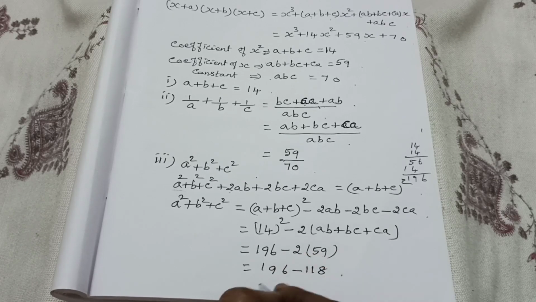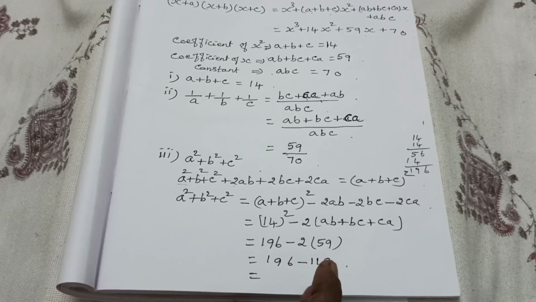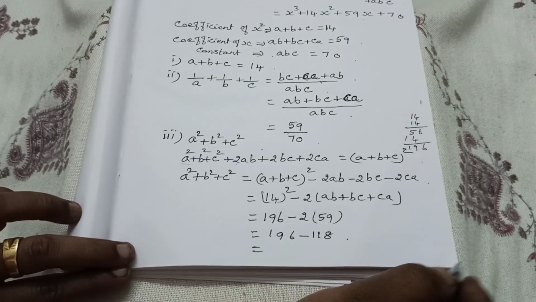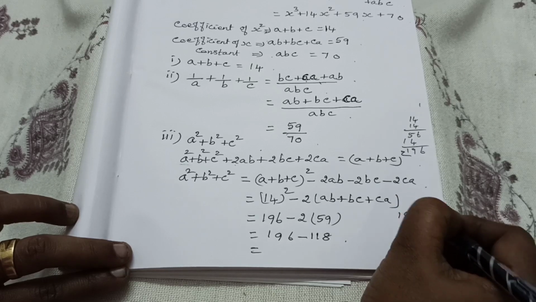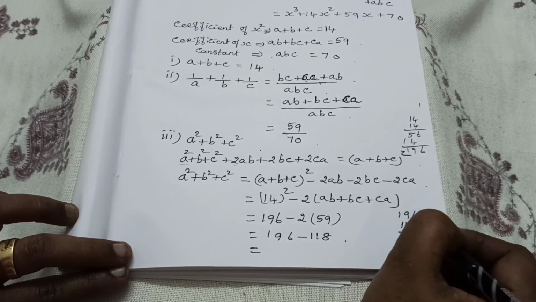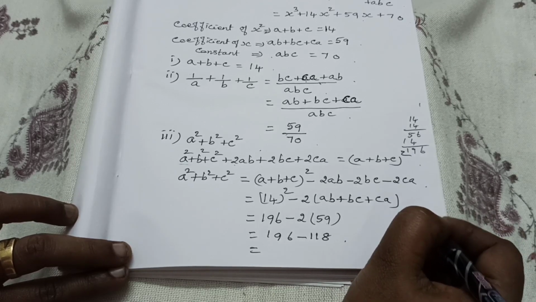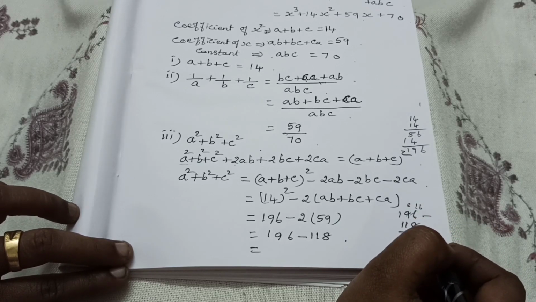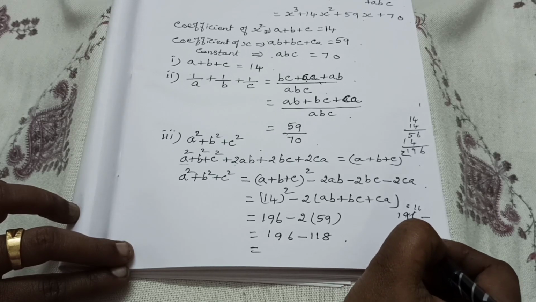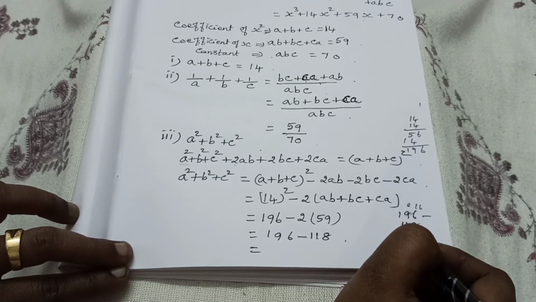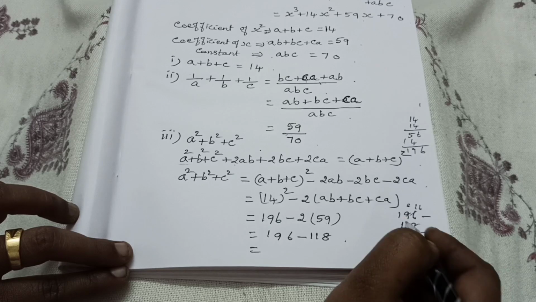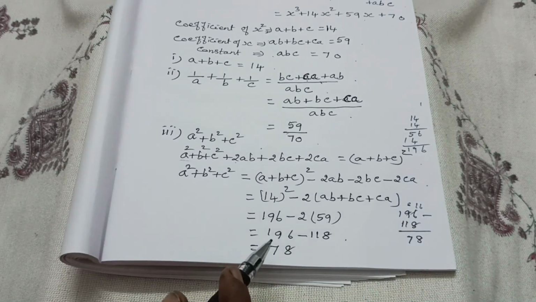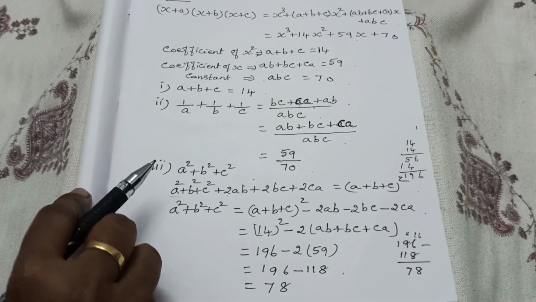118 it will come. Okay, 118. Then this 2 subtract. Subtract means what's the value you will get? Okay, 196 minus 118. Then 1 borrow from here. Then 16. Here 8 it will come. 16 minus 8 is what? 8. Okay. Then 8, here 8, 1 subtract, then 7, 0, isn't it? And equal to 78. Okay, have you understood this one?